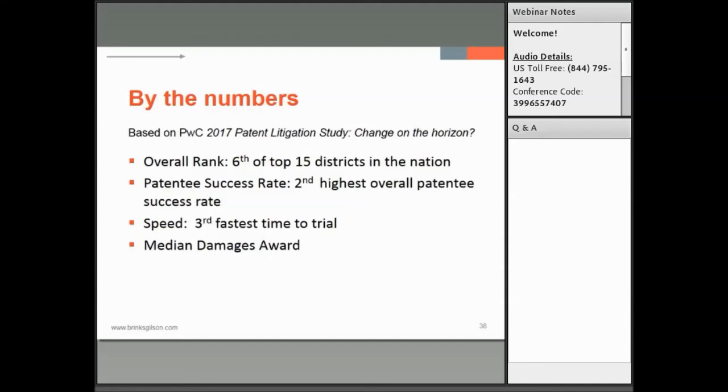The median time to trial for filing in the Middle District of Florida is 1.9 years. That's ticked up by a month or 2 over the last year, and we don't expect that it's going to exceed 2 years. That's really a factor of the local rules here, which call for a track that's 2 years long in all but the most complex cases, and most patent cases fall into a